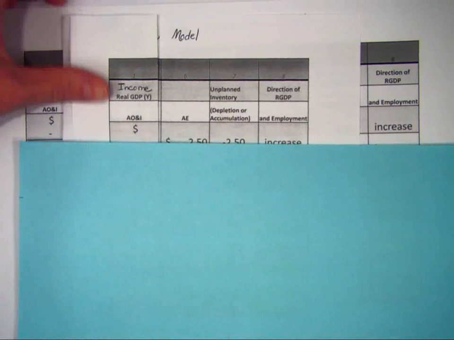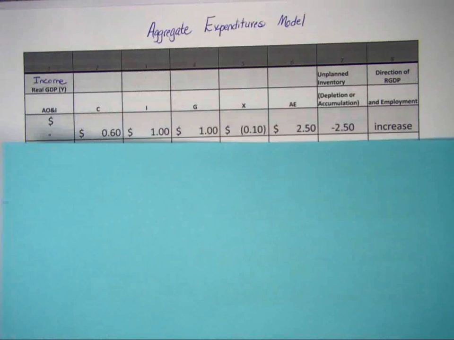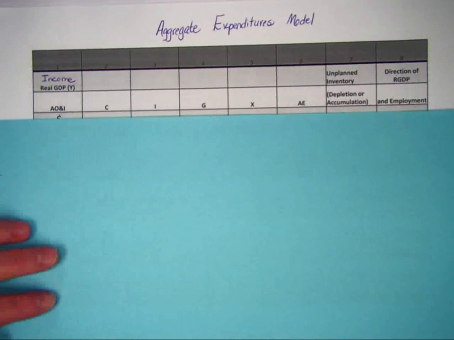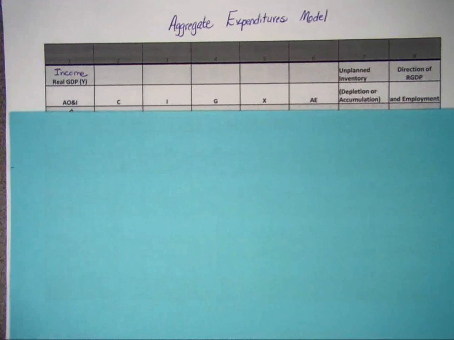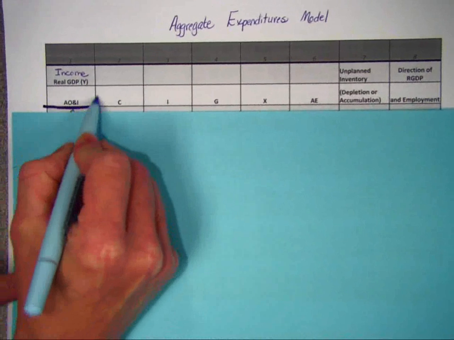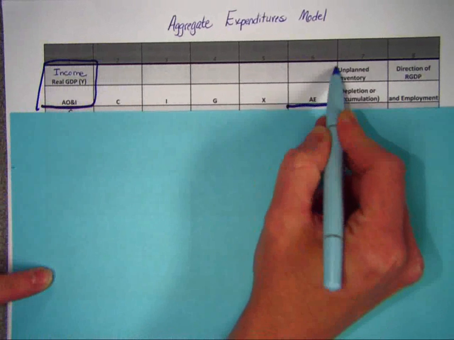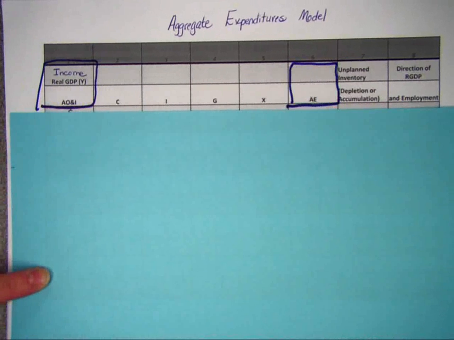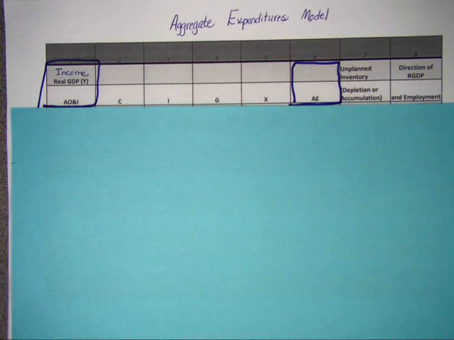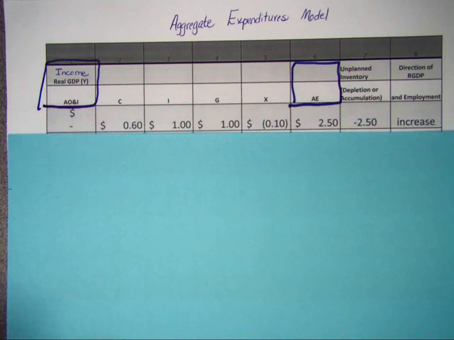So the point of showing you this folded model is that the two main columns we're going to be taking a look at are column 1, which is our output, and column 6, which is our aggregate expenditures. Okay, so let's just focus on the columns between 1 and 6 for a couple minutes, and then we'll look at 7 and 8 just briefly, okay? Now in this first